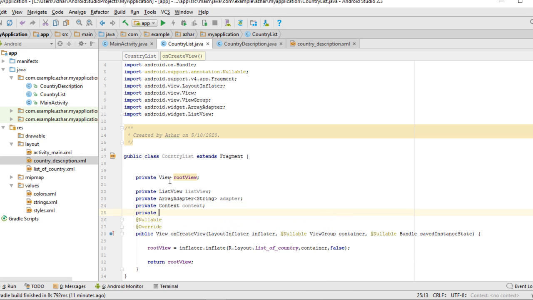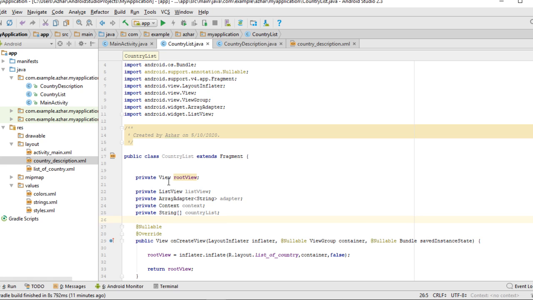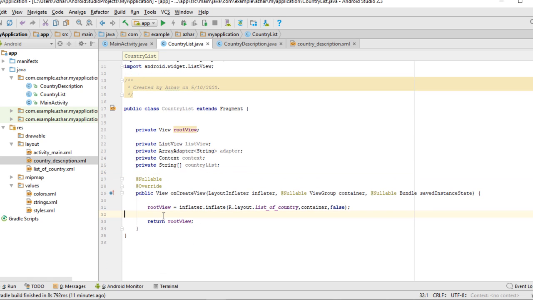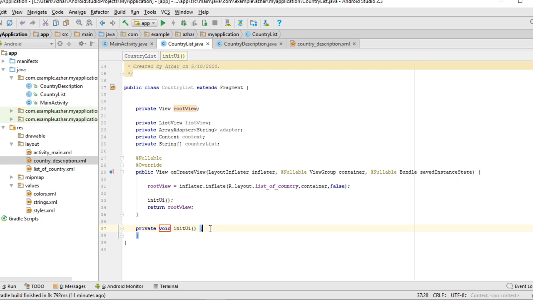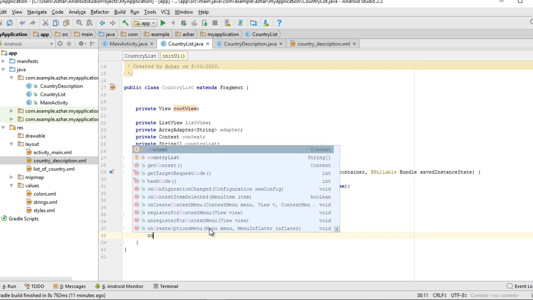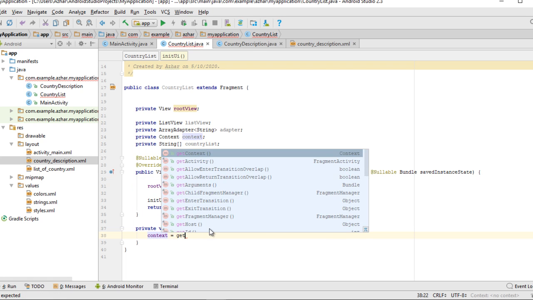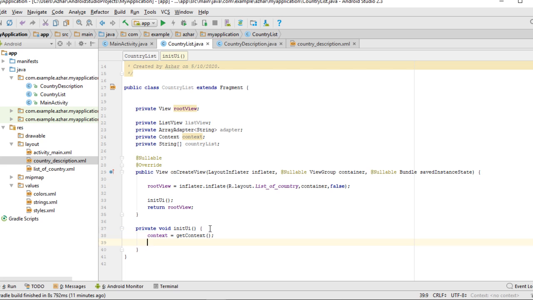And also we need to create a string of country list. So let's create all of this. Again I need to create a method. You can name the method whatever you want. So in here we are going to first initialize the context, because in the set adapter we need this. And in the country list